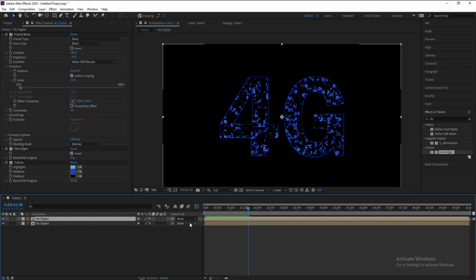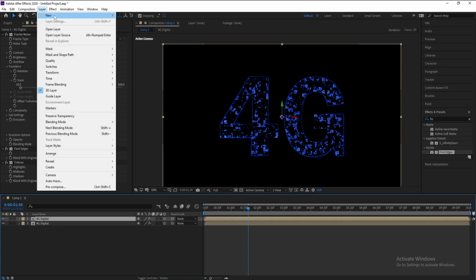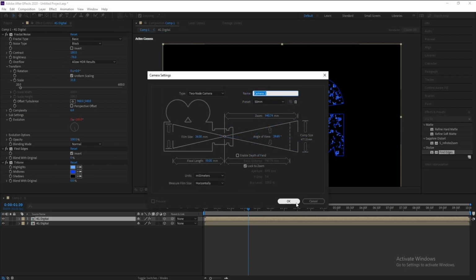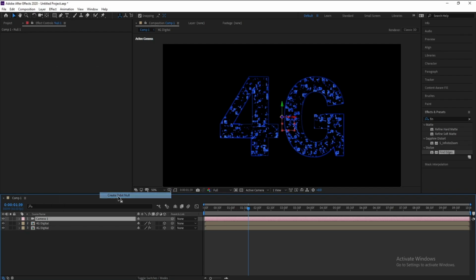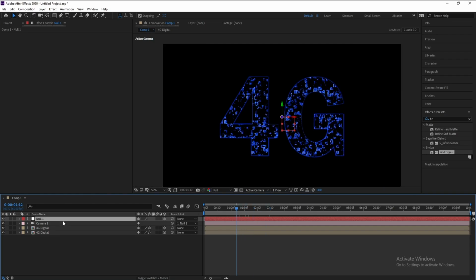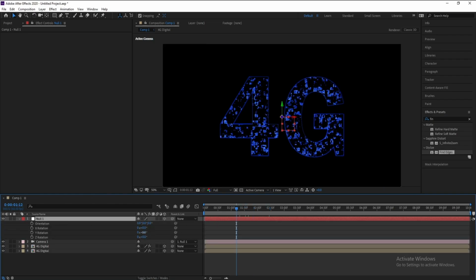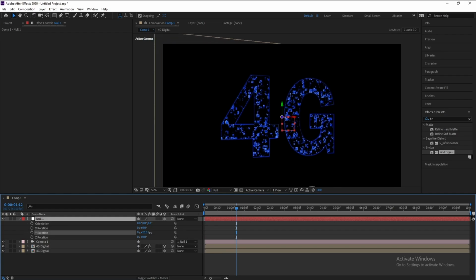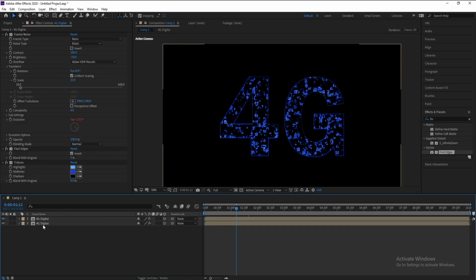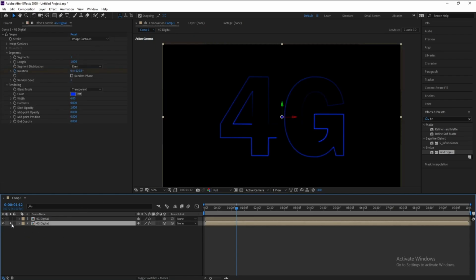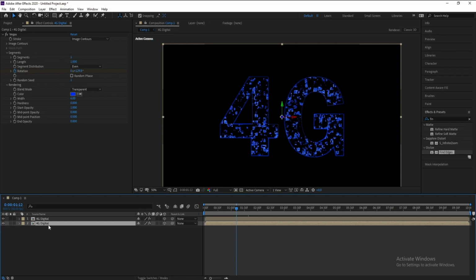Now I'll make this layer and also this layer 3D, and I'll go here, layer, new camera, and press OK. Right click camera and create null. Press R and okay, first I'm sorry, I'll delete it, and I'll go to Vegas digital and press V, then Control D, and